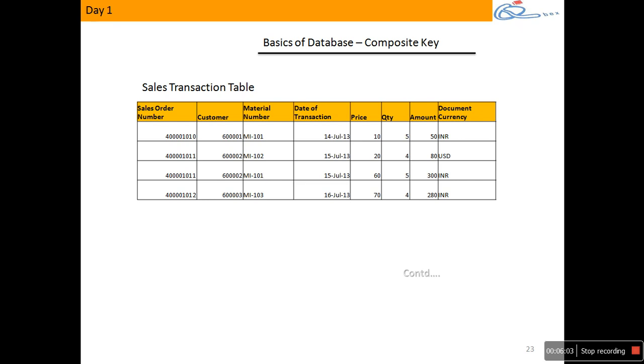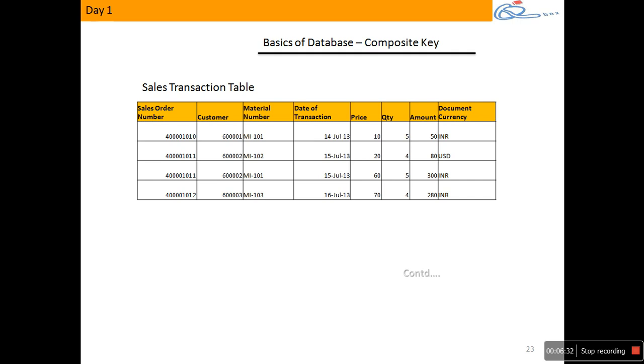A primary key must be unique throughout all the records of the table. None of them are. So he says there is no column in the table which can uniquely identify a record as a primary key. So when you can't have a single column acting as a primary key, we can go with a combination. Can you look at any combination of the columns that can be unique throughout all the records of this table? Any combination?